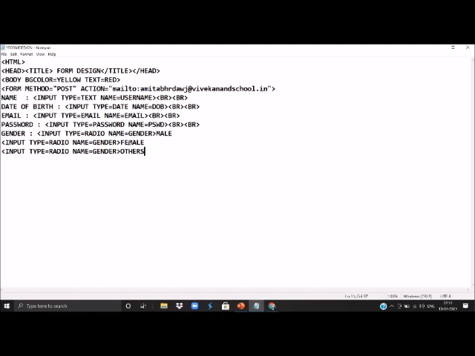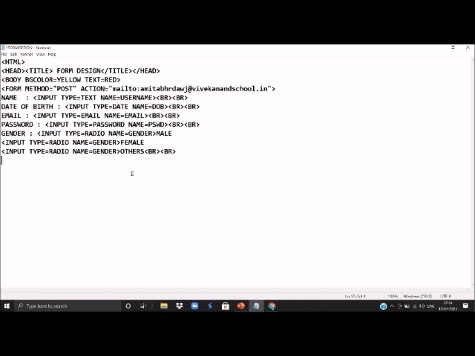But we do not want the user to select more than one option, so we'll keep the name property the same for all the three options. Now here we can change the line. We want the next input in a different line, so we will give line break here.